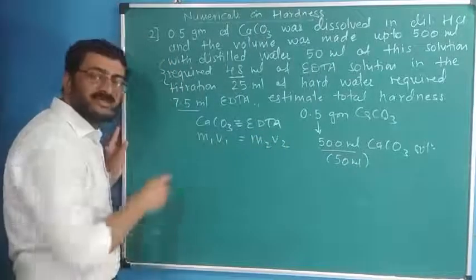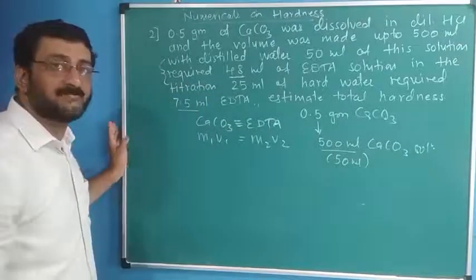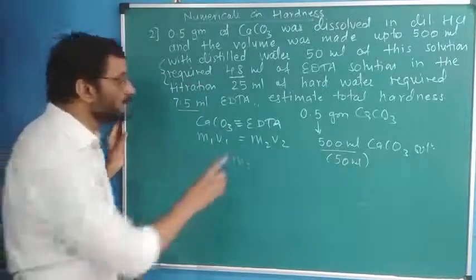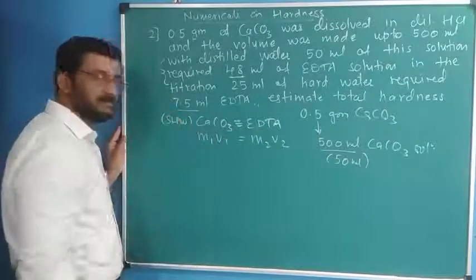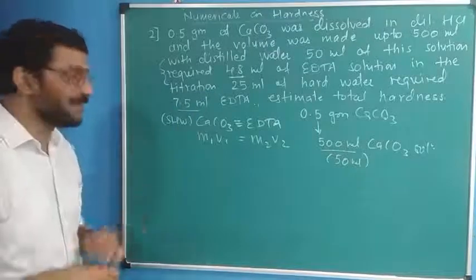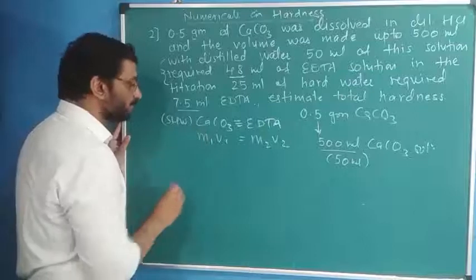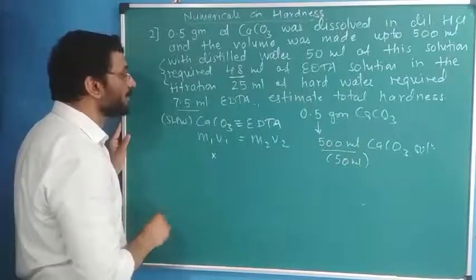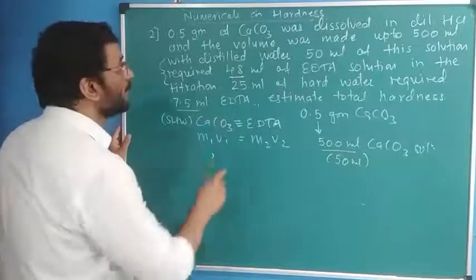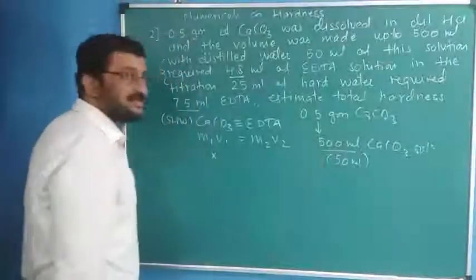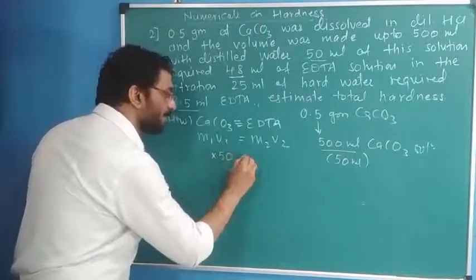What are we doing this for? To find the molarity of EDTA, because it is not straightforwardly given. Okay, so we do the titration of this with this. This is what? Standard hard water. Earlier we had taken zinc sulfate, here they have taken CaCO3. M1 of this is not given, so don't bother right now. V1 is the volume of CaCO3. They have prepared 500 ml solution and they took 50 ml. So the volume is given, 50 ml.